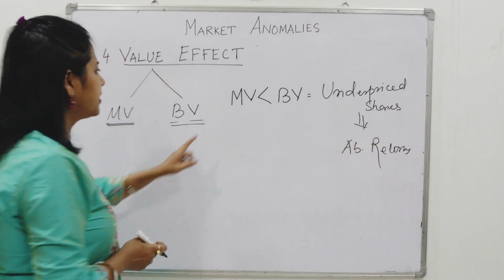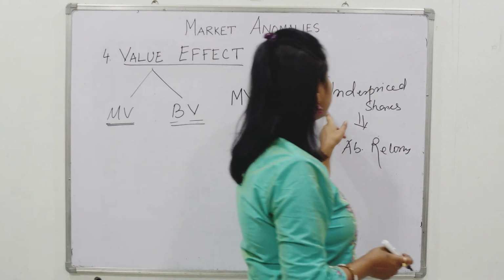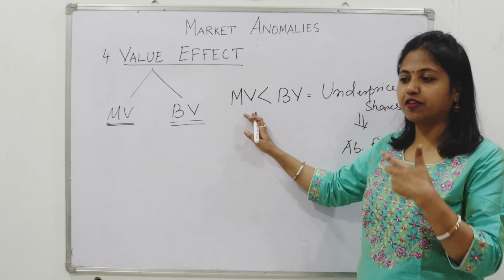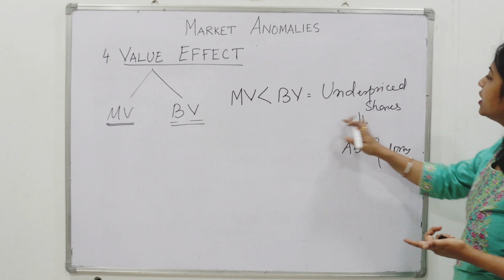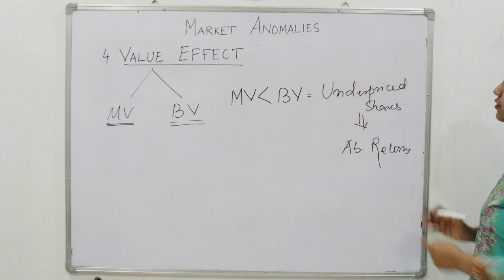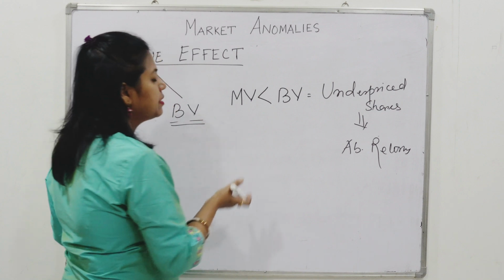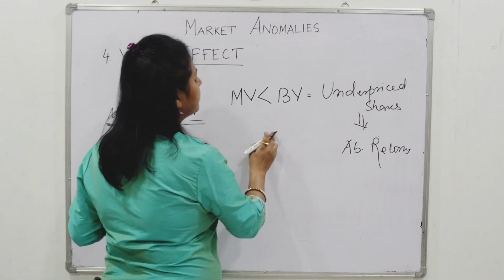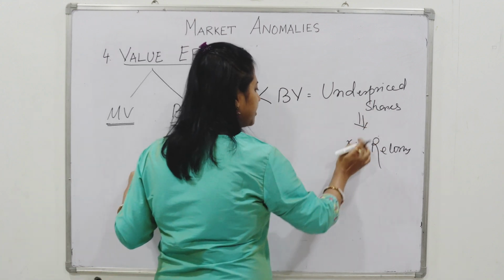So if your market value is less than the book value, then you will find that the shares are underpriced. Of course, they are underpriced because market value is reflecting lesser than its true worth. Then you will find out that these types of stocks are giving you abnormal returns. Okay, but the same is not true if you make it opposite. That is, if book value is greater than market value, that means the shares are overpriced and therefore there cannot